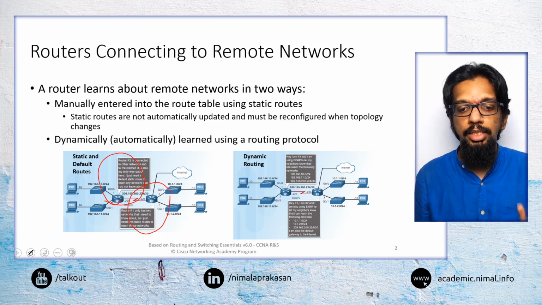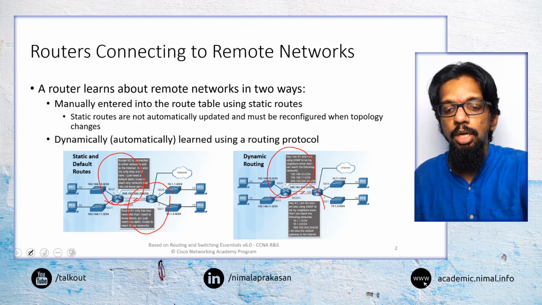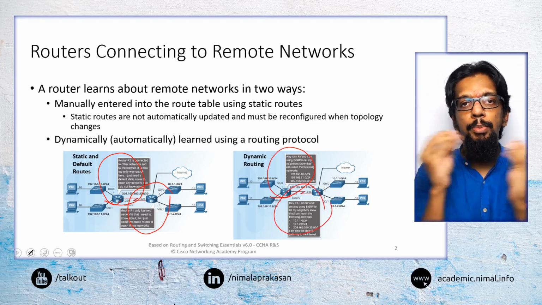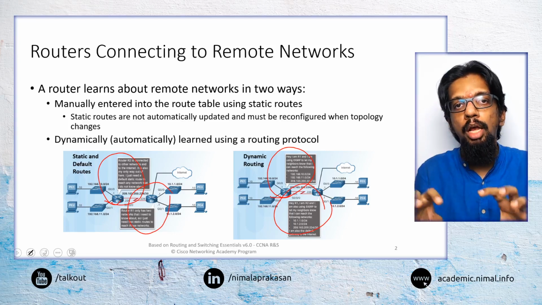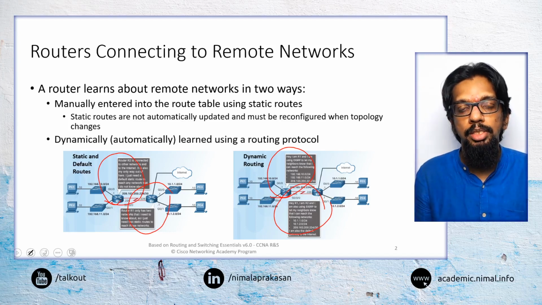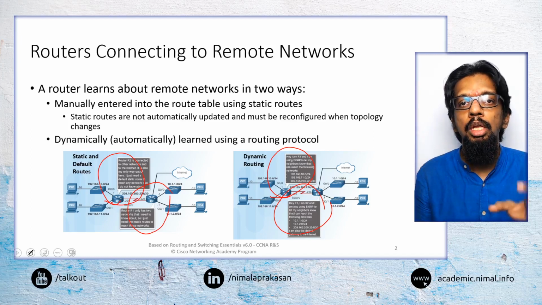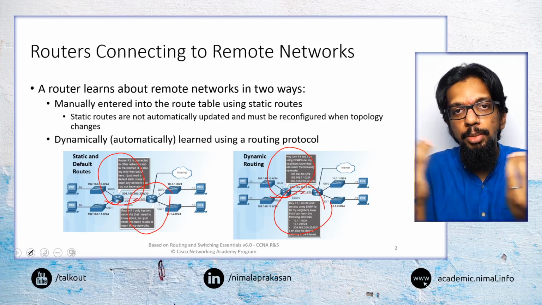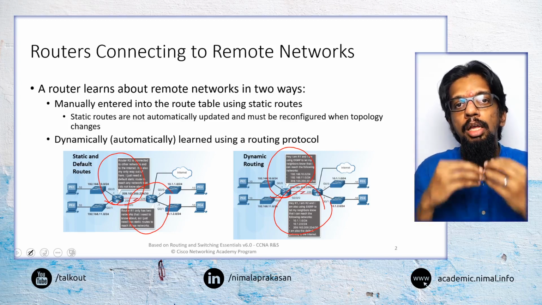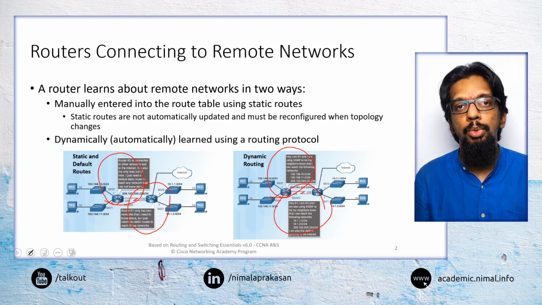Whereas in dynamic routing, they will use certain routing protocols to share information back and forth, and using this information sharing, they will be able to learn about the changes of networks, what are the networks each router is connected to, and so on, and they will exchange this information. So each router gets an understanding of all the other routers and networks that exist in the network. So that is dynamic routing. Here, the routing information about various networks connected to routers is learned automatically by the routers.